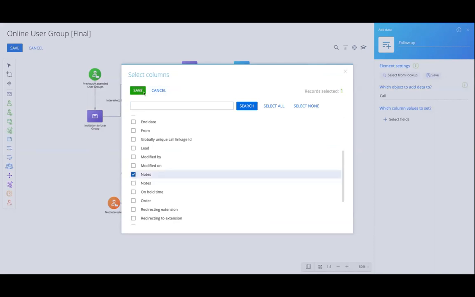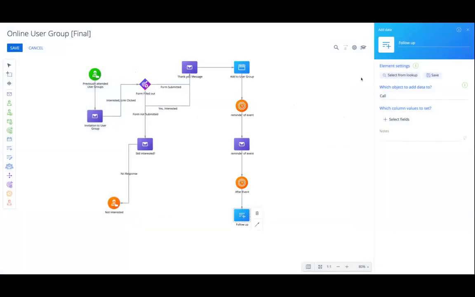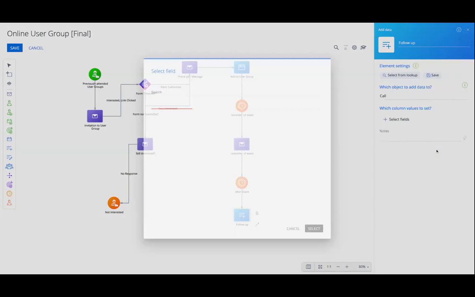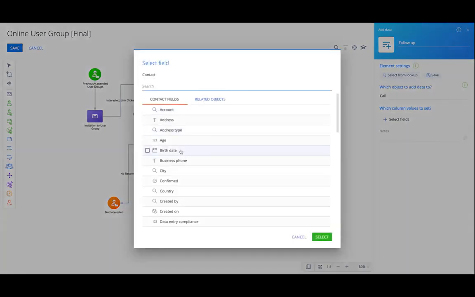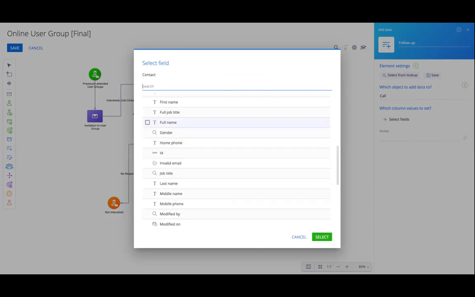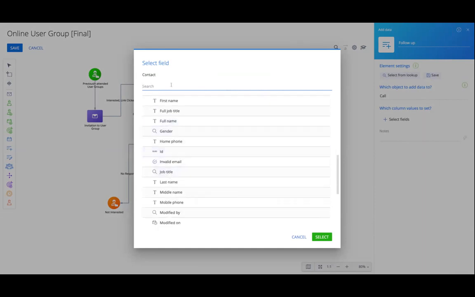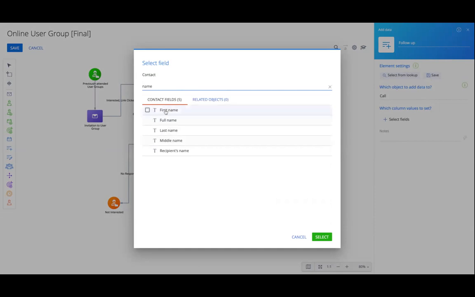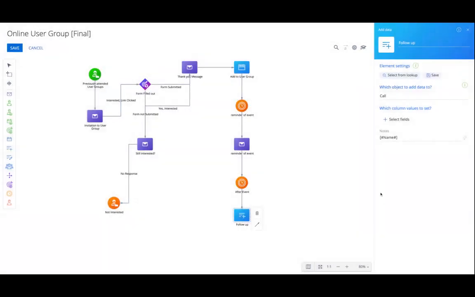So let's just do call for the sake of this. And then I want to update which columns to, and I'm going to update the notes column. And then obviously you can automate the process. Come on, my mouse hates me today. Okay, and then obviously you can dig deeper into this and continue adding which columns and values to set, and